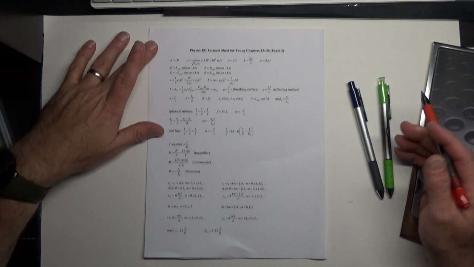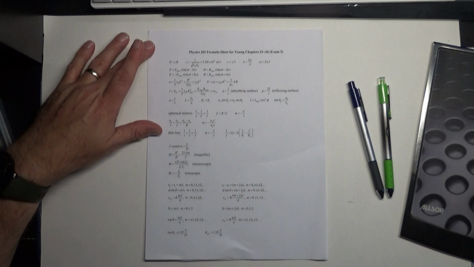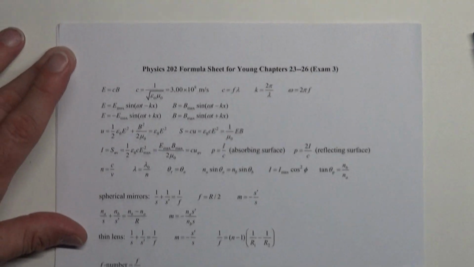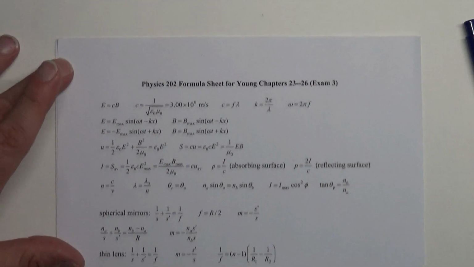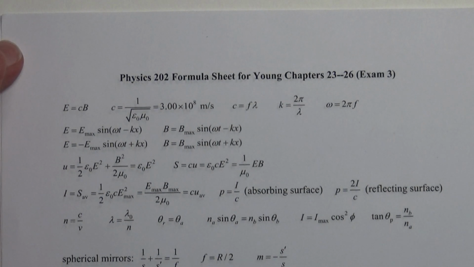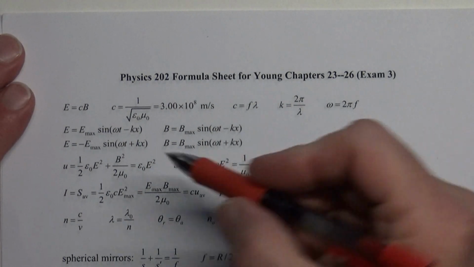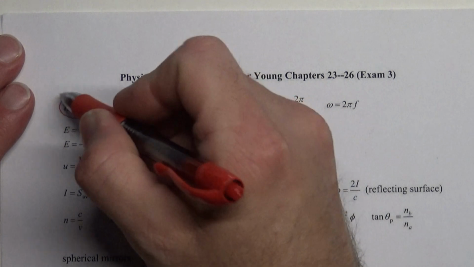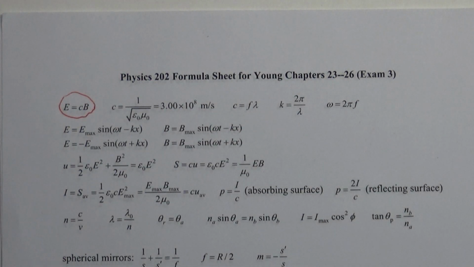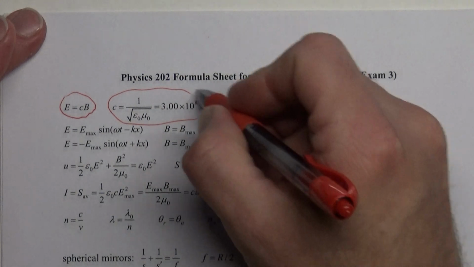Okay, we start up here at the top. I'm going to go ahead and zoom this a little bit, and we're going to walk down it zoomed because I think that's easier for everyone to do. Up here at the top, that's an equation that will be used. It's relating the electric field to the magnetic field, and that equation allows you to convert back and forth between them. This one right here is the equation for the speed of light,